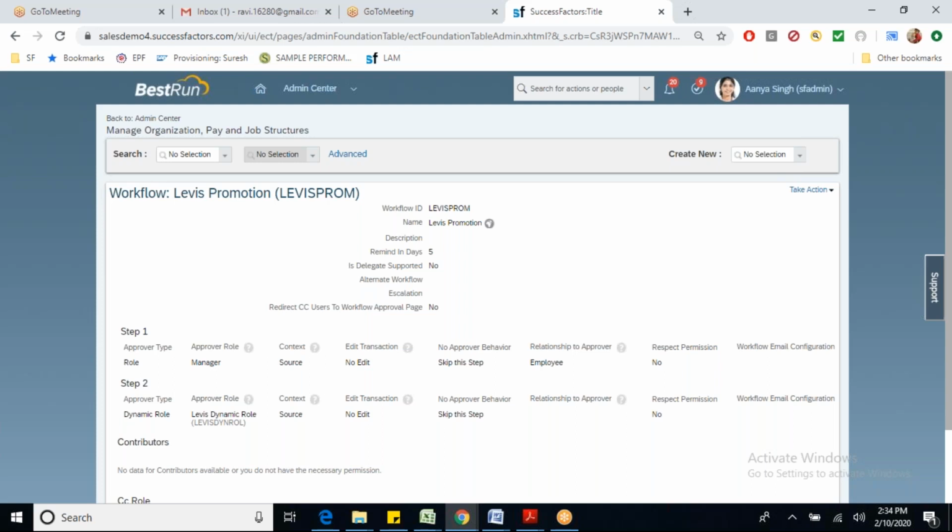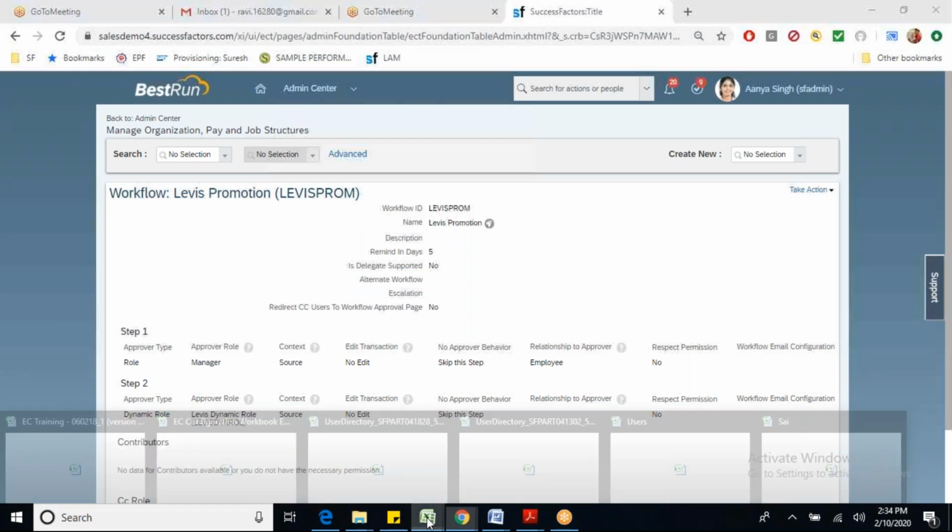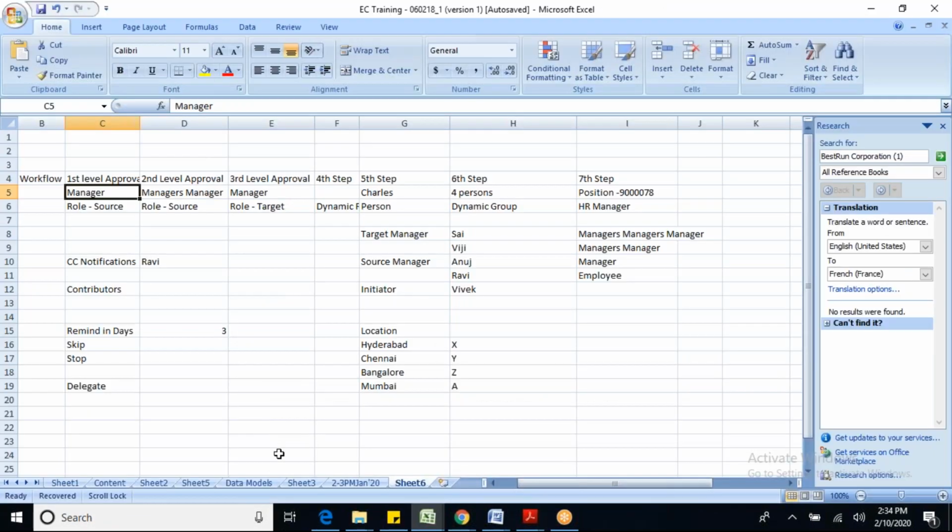So for these workflows, whenever you want the workflow to be triggered, there are a couple of other activities that we need to do. Now, we have created a dynamic role, dynamic group, and then we have created a workflow with that dynamic role and dynamic group. Creating a workflow is the first part.